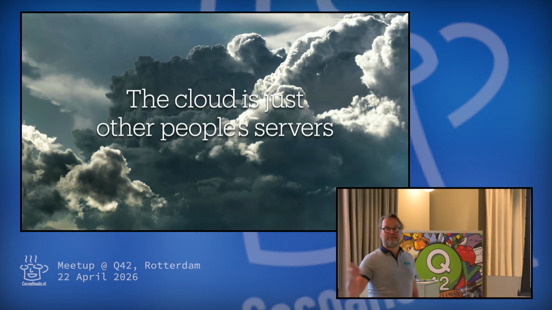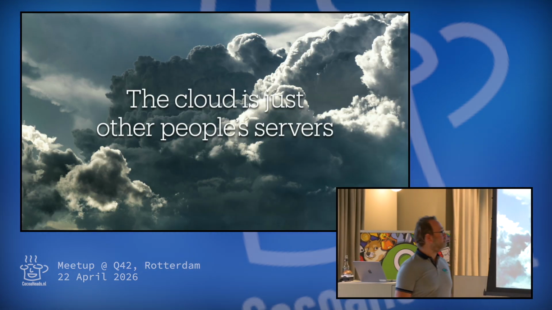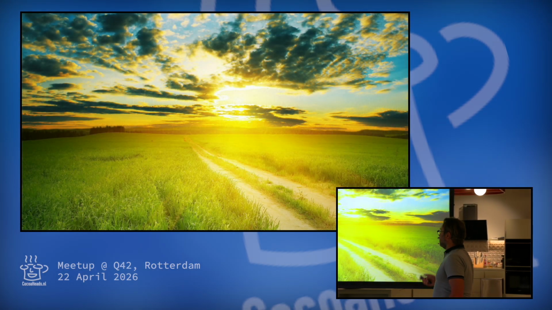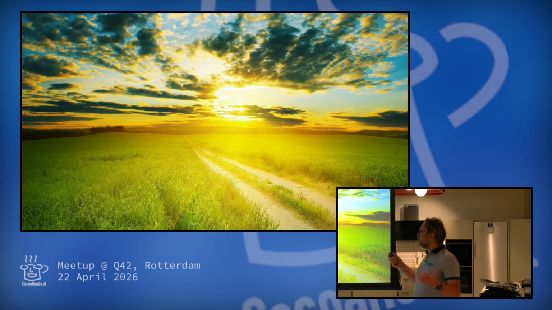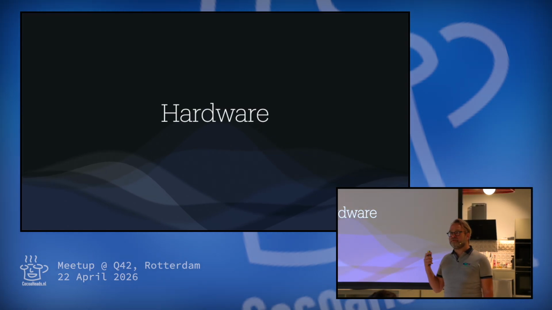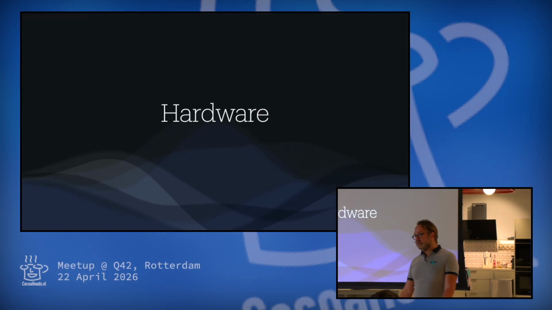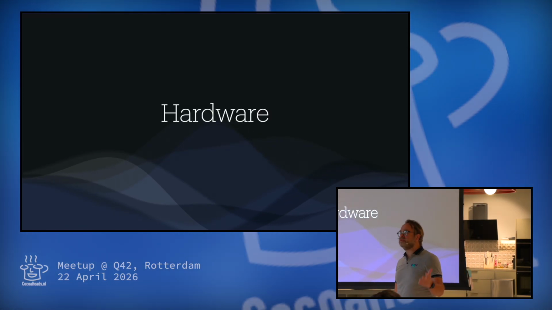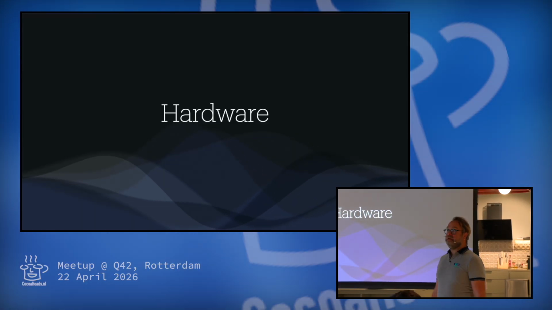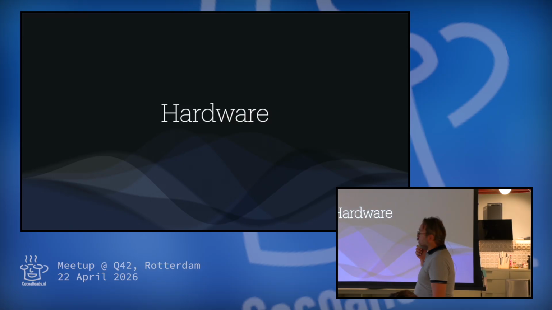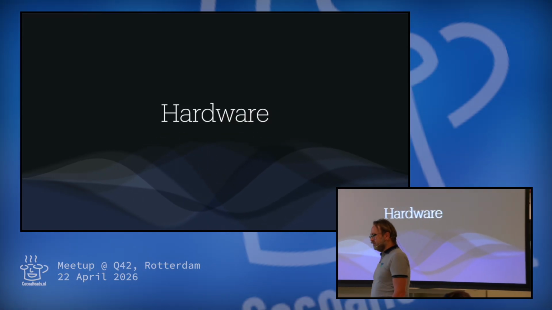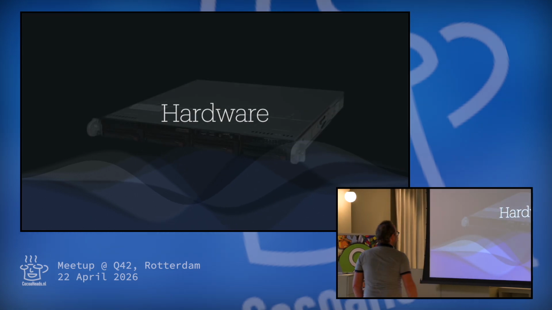Great, but the cloud is just other people's servers, right? And the nice thing about the cloud is you don't know when it goes wrong. Everything is very nice and sunny and bright. The only thing you have to worry about is money, because once your website suddenly gets popular at Amazon, you suddenly have an invoice of €1,000. It's like, what happened here? Oh, I used a database, apparently, which you didn't know. So I prefer to run stuff on my own hardware, and at least if it blows up, you don't get a bill. So what does the hardware look like?